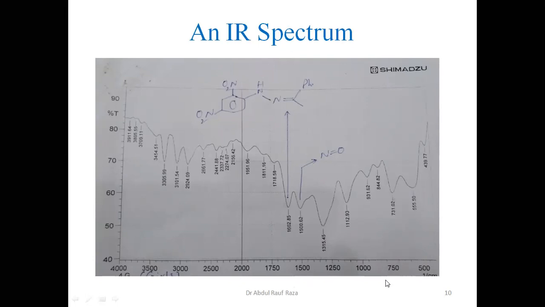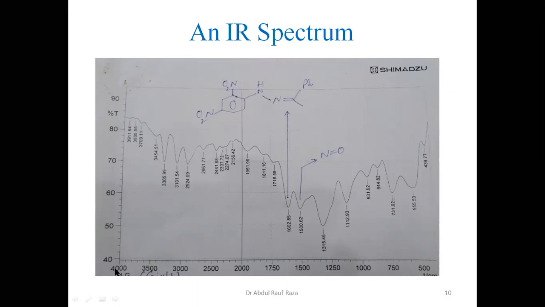Look along the x-axis. This is 1 per centimeter, so this is the unit of wave number. As I have mentioned, the IR range is 333 to 4000 per centimeter. Along the x-axis, it starts with 333 and ends with 4000. Notice another thing: the energy is increasing from right towards the origin, and maximum energy is at the origin. This is what you are supposed to notice.